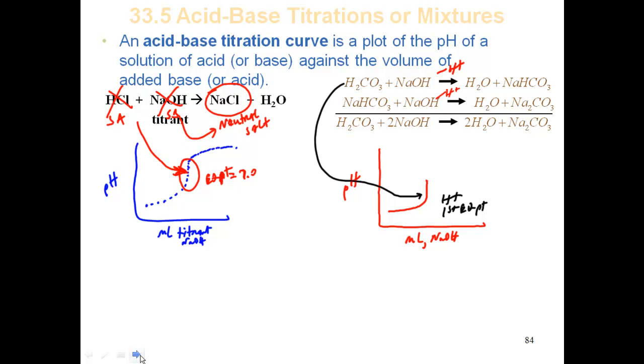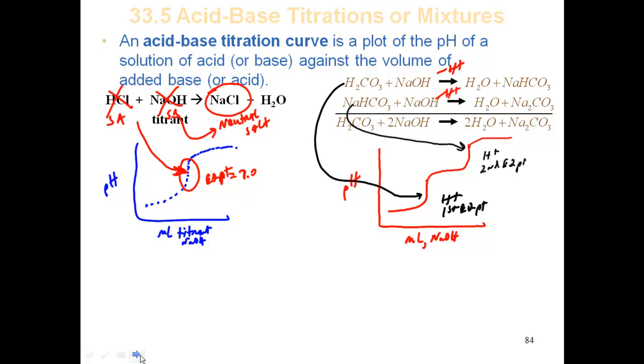Okay, so what happens is that this will now level off again, slowly increase, and then it's going to have a big, drastic change, and then it will level off again. Well, this is where the second proton is coming off. Okay, so this is your second equivalence point. So you get two humps in the pH